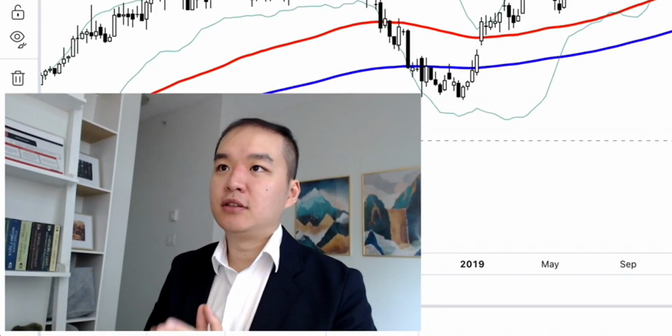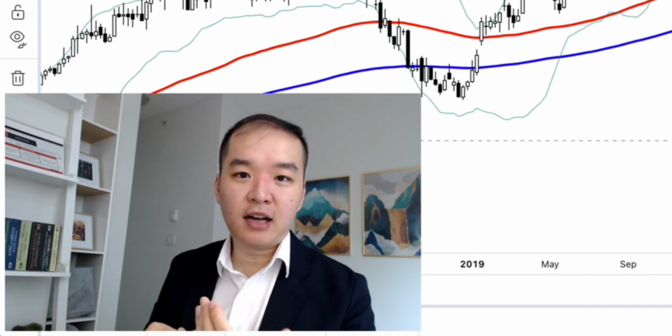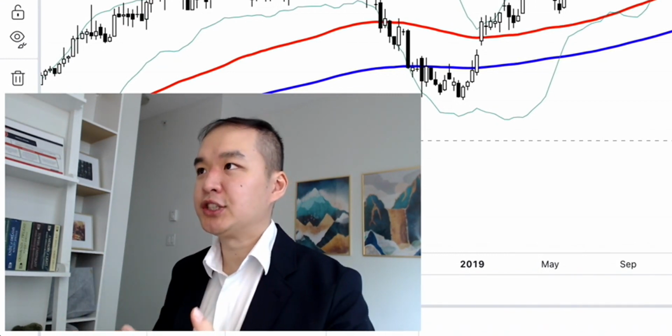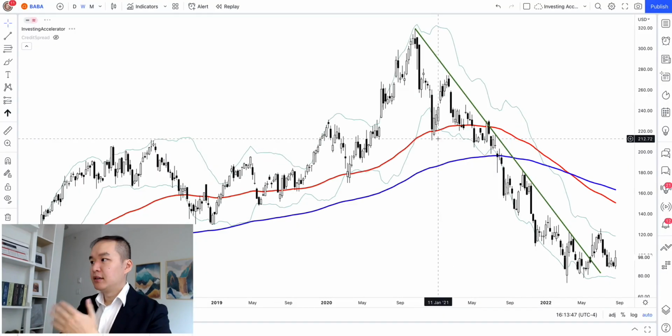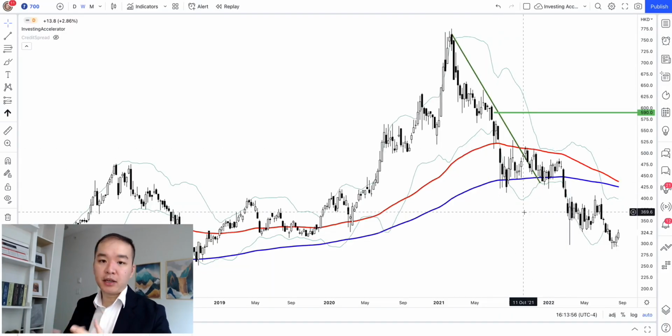Well, the question is, is there anything you could have done to escape this loss? And this is actually a question I think a lot for Alibaba here, for Tencent, which is 700 here. During this period, is there anything you could have done to A, minimize the loss, B, avoid the loss, and C, make a profit from it of some sort? If you have been following me for a while, you'll notice that, hey, I like to use options because it allows me to multiply my profit.